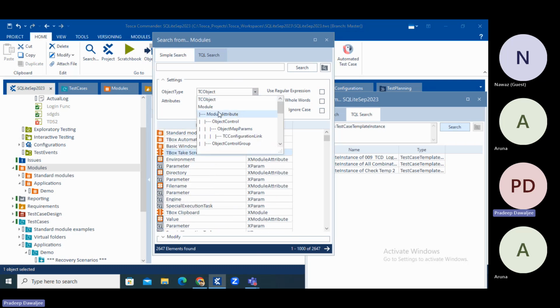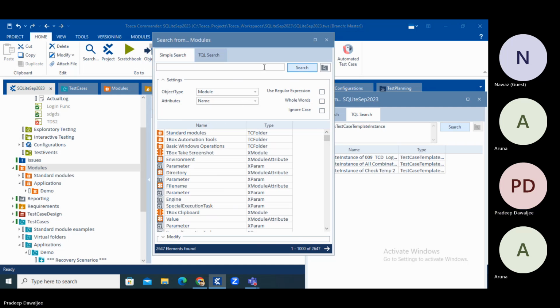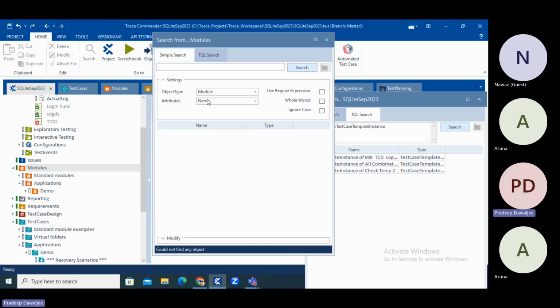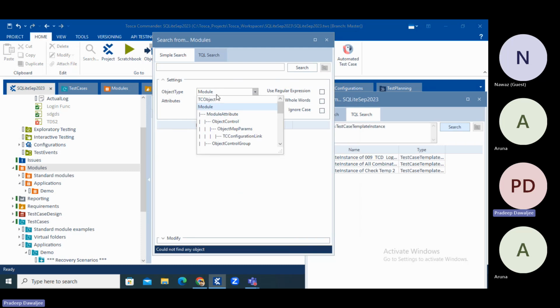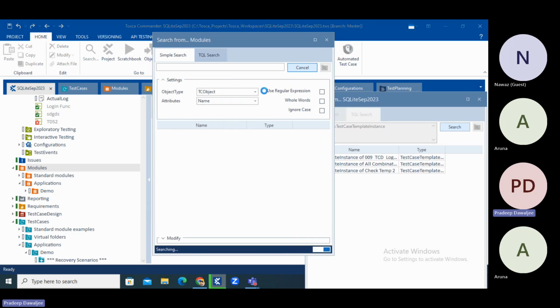So what we can do is in the modules, you can just click and the name is empty. If you click on search, then there are no items with the module thing. So instead of module, module attribute, if you search with the empty thing we are searching. So instead of empty, I would want